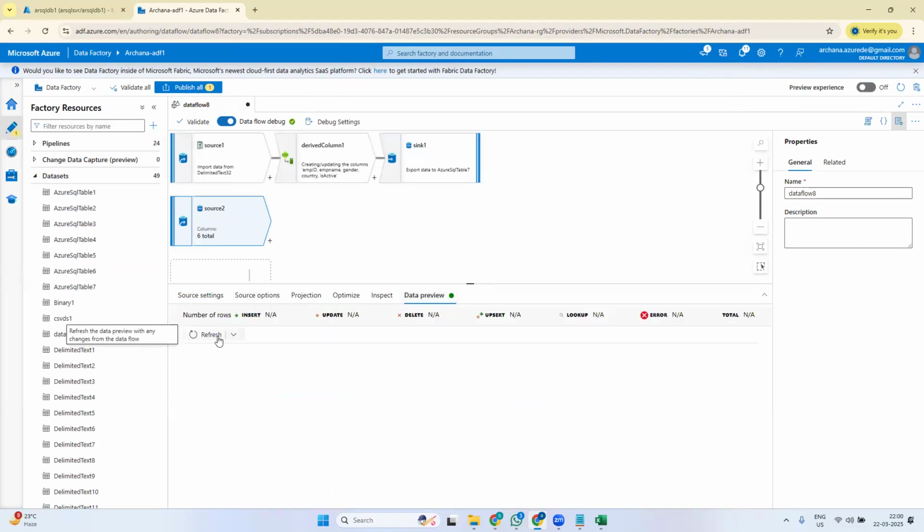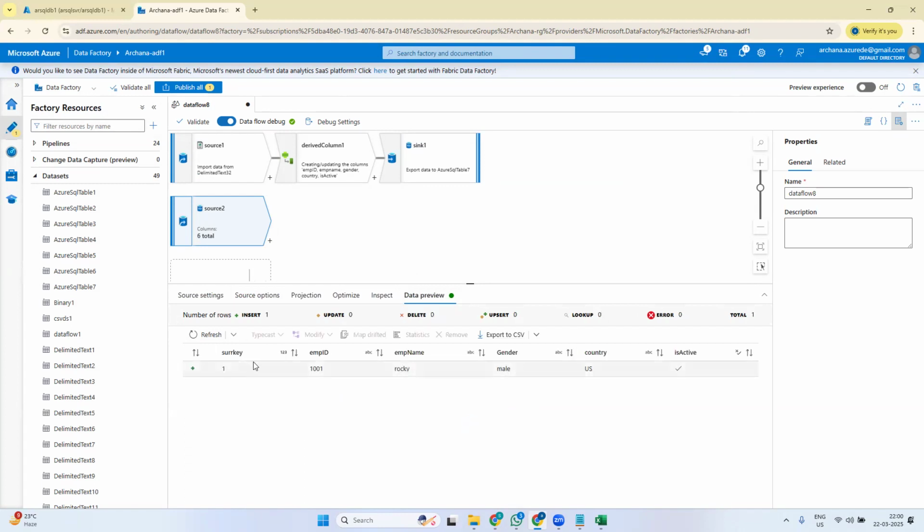Go to data preview. I'll just see what is coming from my source. Here, the source is a SQL table, right? Here I should see only one record, that 1001 Rocky with the surrogate key under LC. Okay, surrogate key 1001 Rocky male US is active. This is the record in my SQL table, right? Now